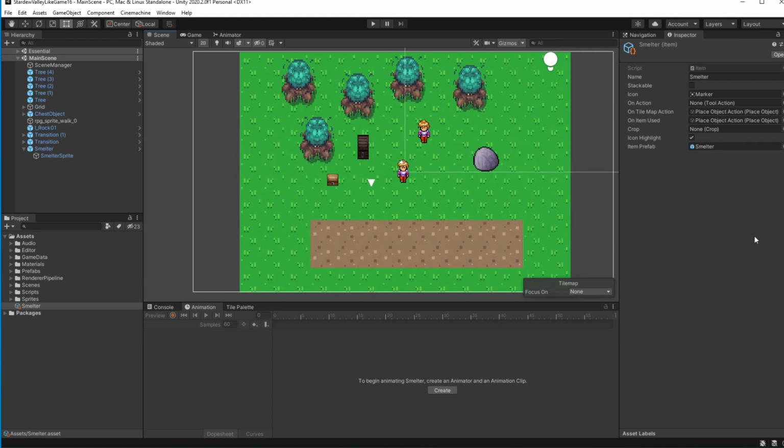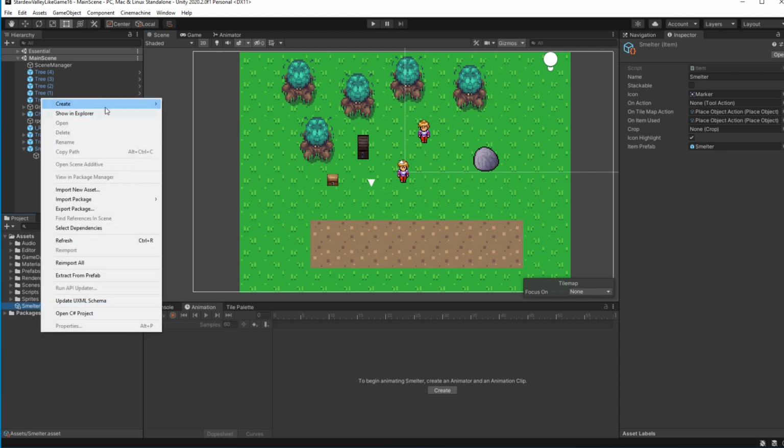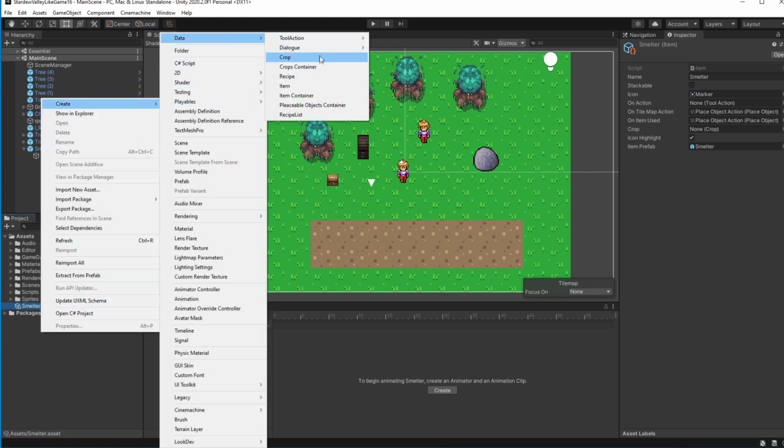Then let's create two new items, iron ore and iron ingot.